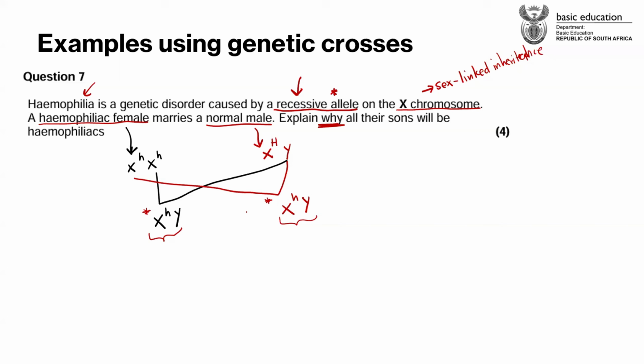Yes, Rolly. Since they ask about sons, it means that automatically we know that the dad will be giving the Y chromosome only. Meaning that the mom can give one of her 2 alleles, which are both recessive. So both the sons are hemophiliacs because the dad gave the Y chromosome to both of the boys.